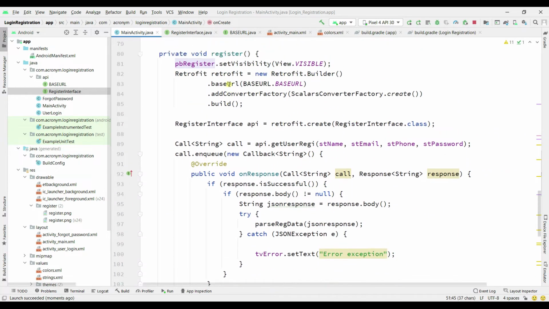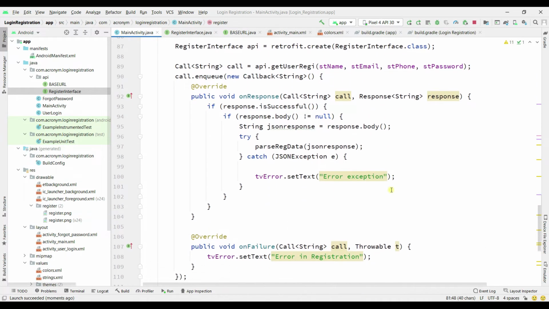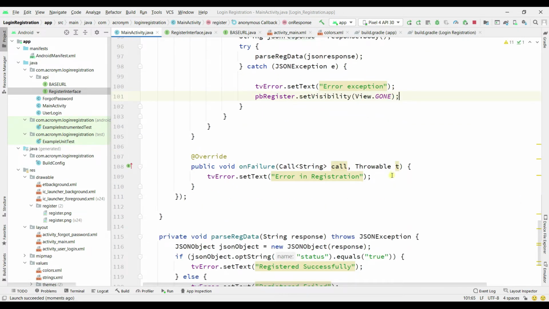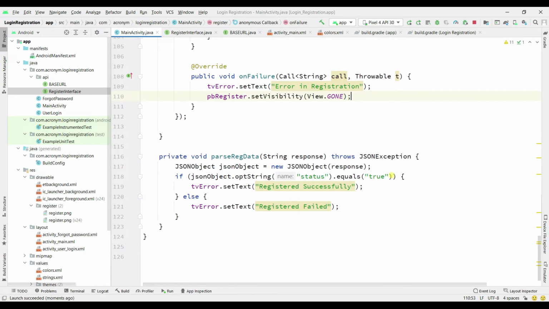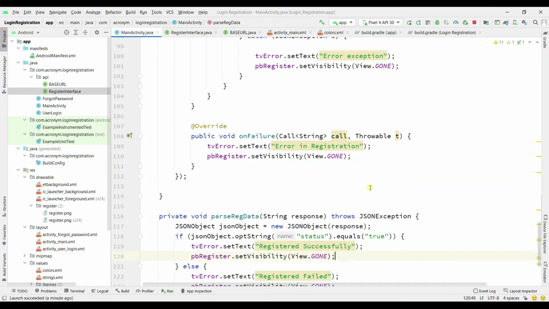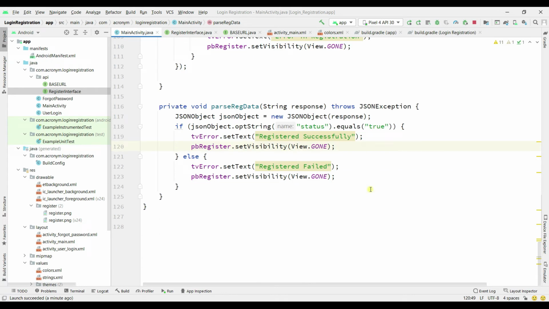So, for example, at the first stage I start by showing this progress bar here. Now if an error occurs and the progress bar is in the visible condition, it has to be hidden. I will click on it here and hide it. Again, if there is some failure, I'll do the same. Again here, if some error is there, we'll do that, and also on registered successfully, I will do that. Okay, now once this registered successfully message comes, we can simply see how the data is being inserted into the server. Now click on Shift F10, and we will run the application.